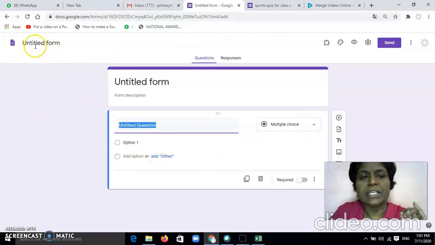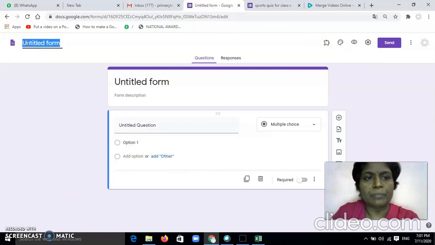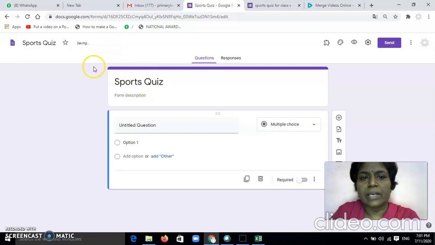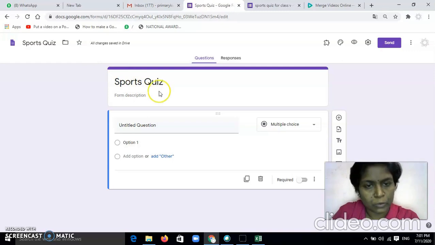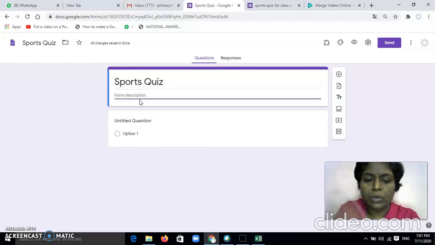Okay, first, since this window is open, just go to untitled form. Give some name to this Google form. For example, I am giving the name as sports quiz. Sports quiz, right? Now after giving it there, you see the same name will appear here in this Google form also, right? Now next is something about description. You can write anything, whatever information you want to give to the children.